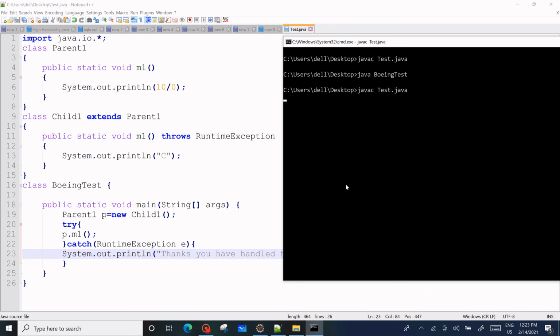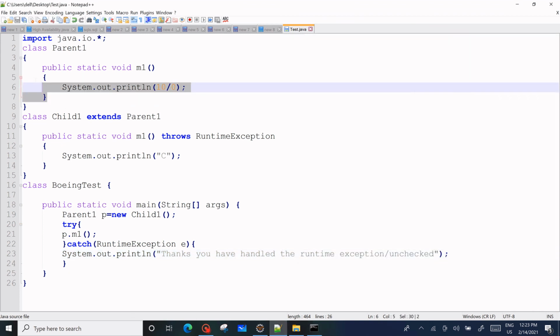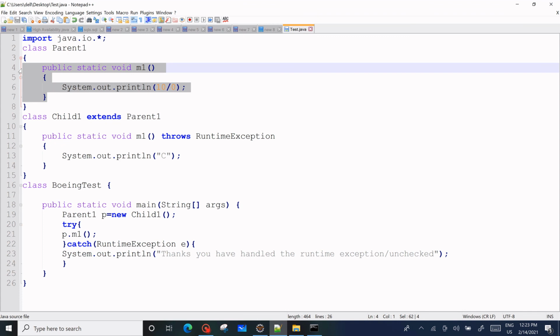Now see, you have handled the exception. We have called this method, but it's not coming here.